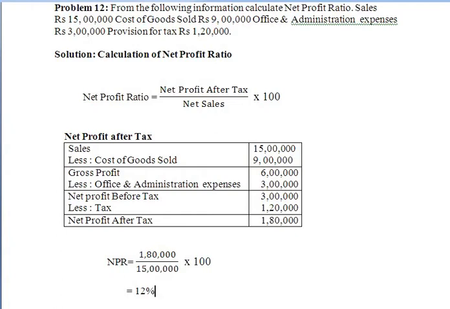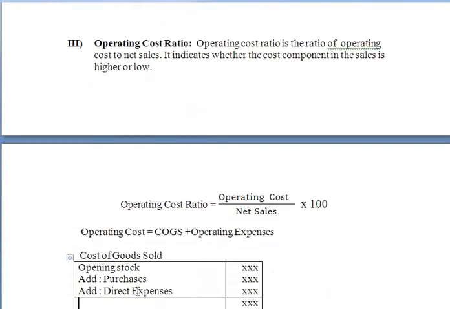Okay, I hope you understood the calculation. So 1,80,000 is what? Net profit after tax. Okay, and what is the amount of net sales? 15 lakh. So 1,80,000 divided by 15 lakh into 100 is equal to 12%. Okay, so the net profit ratio is 12%. Now this is the second profitability ratio. Third one is